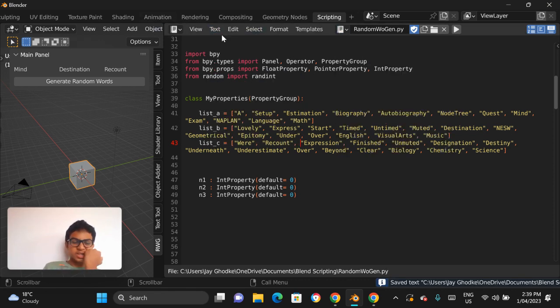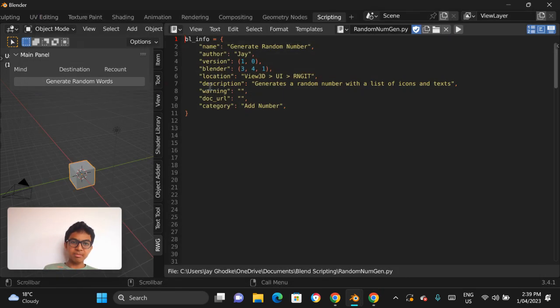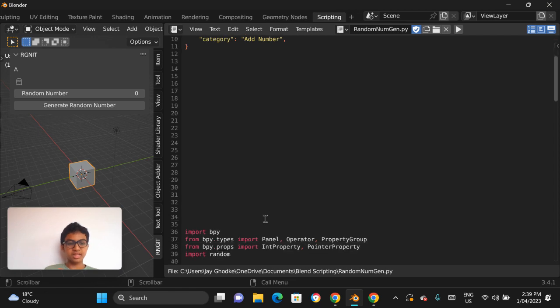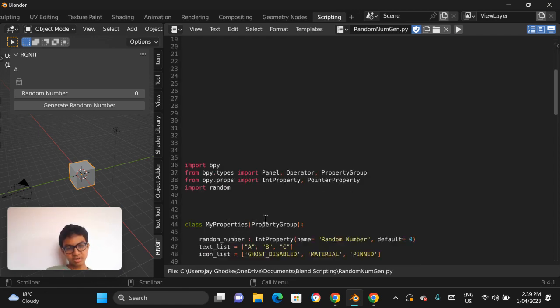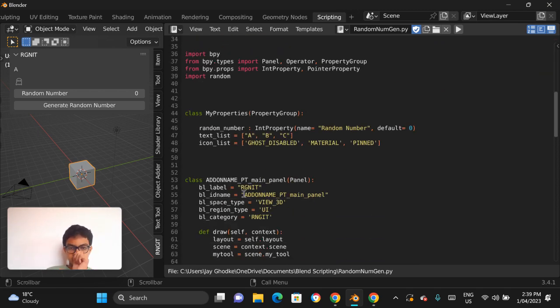Let's go to our other text. Oh, no, okay, that's fine. And now, guys, let's open up one more. Let's go to the random number generator. Then if we hit run script, it will change to RNGIT. That means random number generator, which is actually